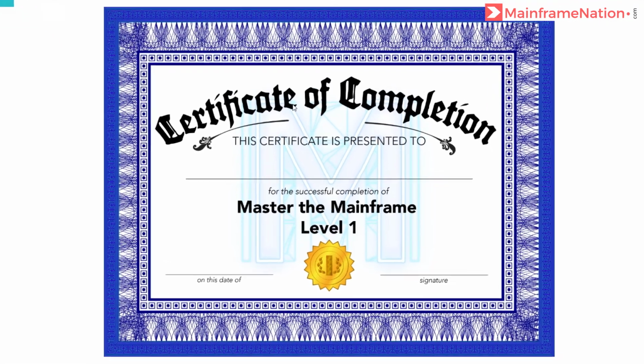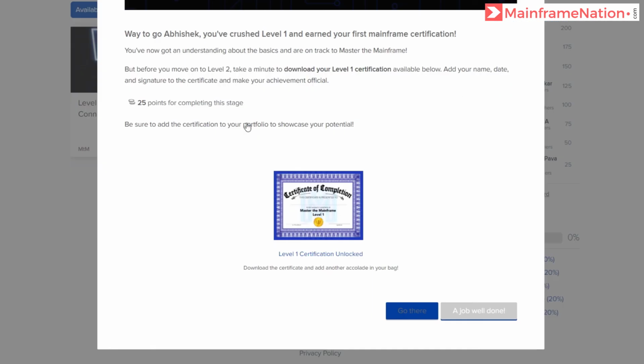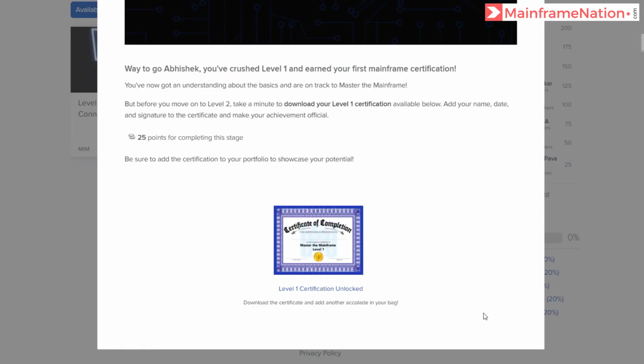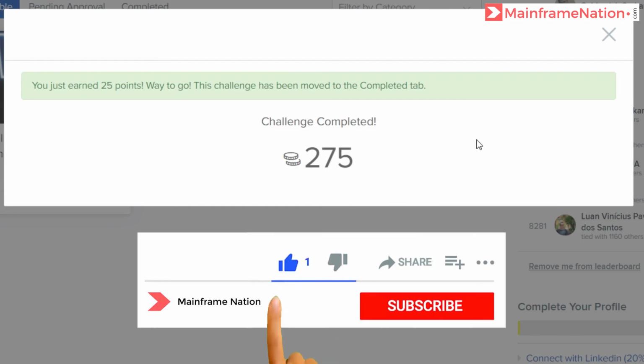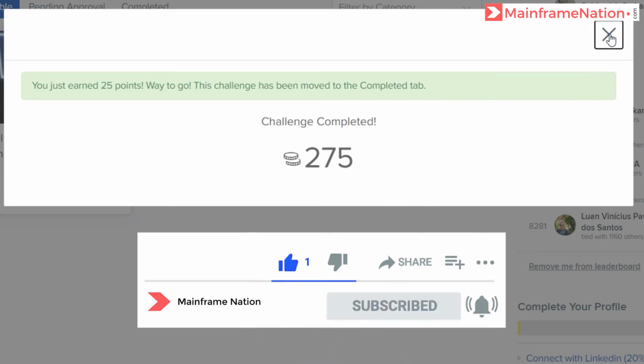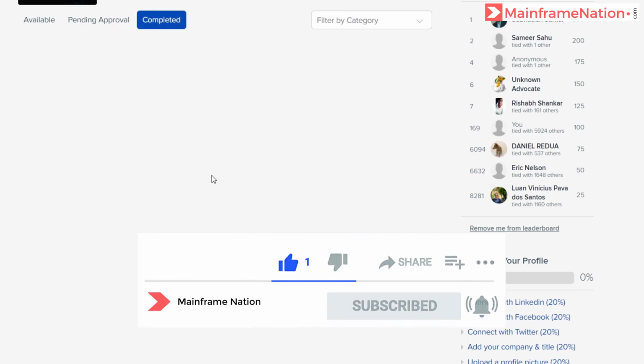Then you can take a printout, write your name here, the date and your signature. And now you will have a certificate for level 1. That's it. Click on a job well done. The challenge is now complete and all the challenges in level 1 are now complete.